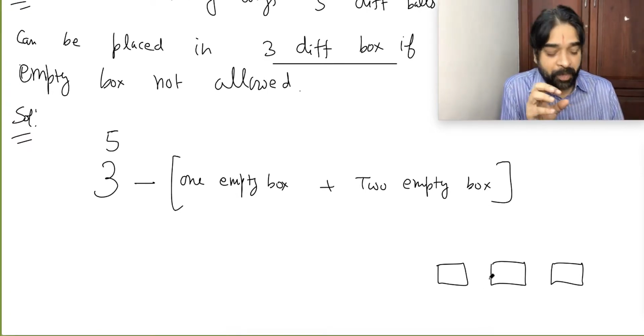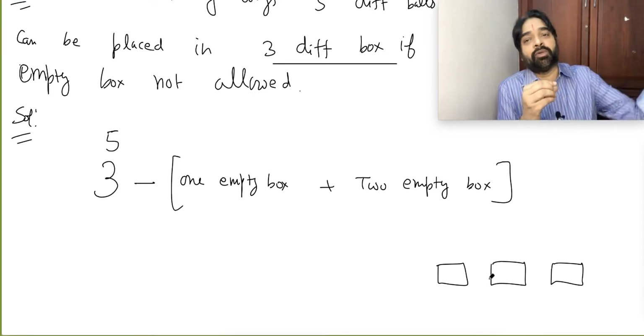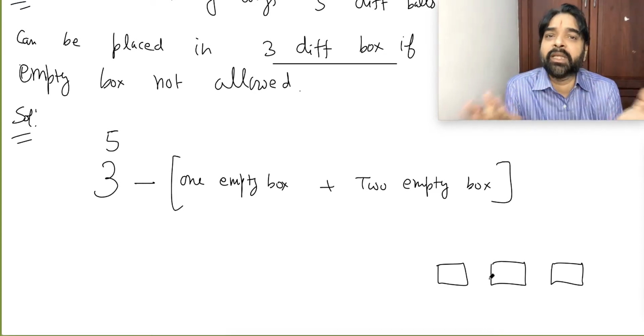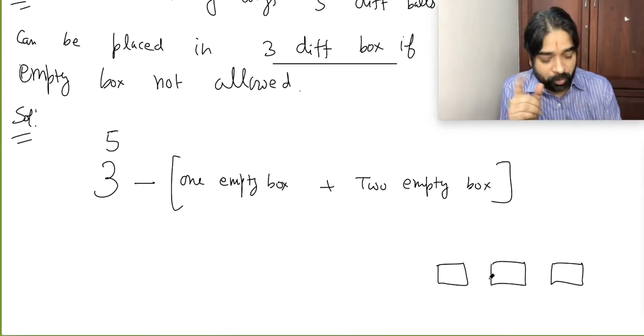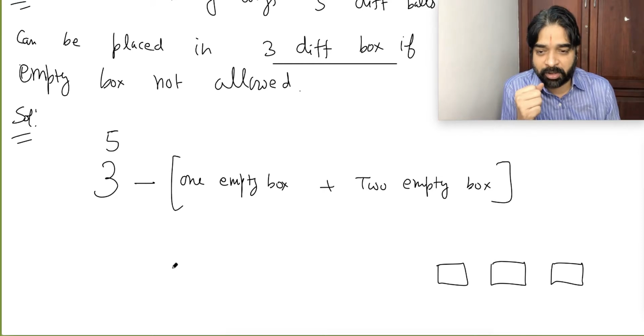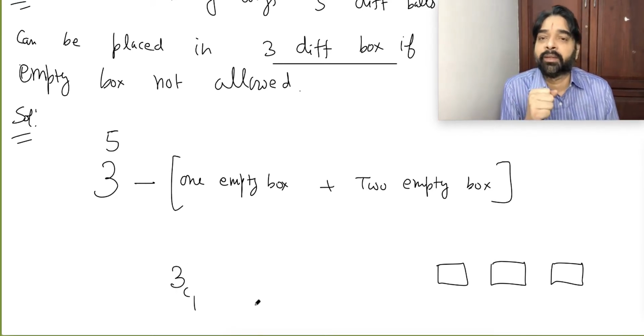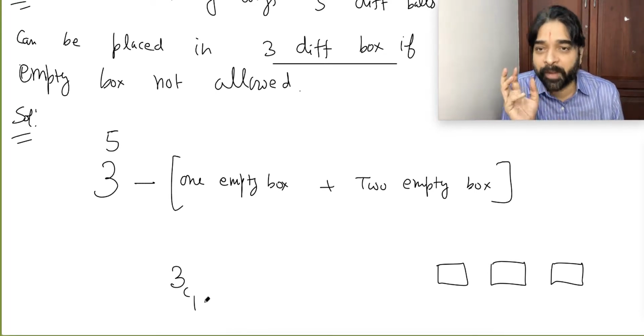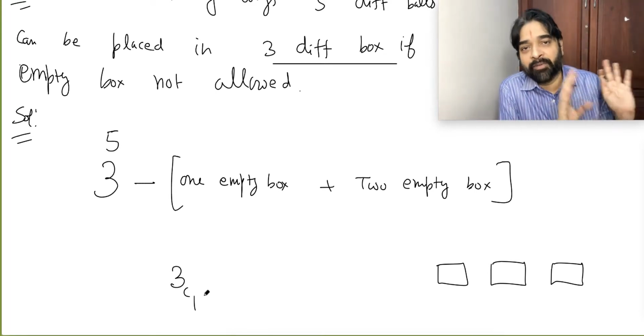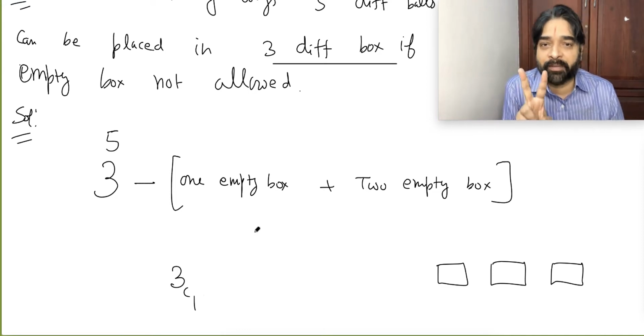First I will take a box and throw out, remove it. Why? Because that is empty. A problem is that there are 3 boxes, all 3 are different. Which one will go out? We don't know, so we have to select. So first I will select a box, 3C1. What is this? Selection of box. Whatever we got in my hand, I threw out of the window. Now only 2 boxes left. Yes or no? Only 2 boxes left.